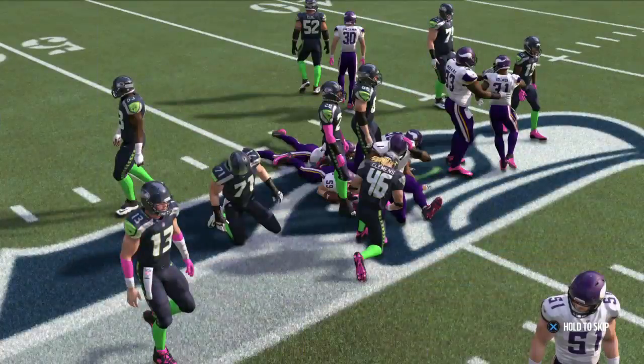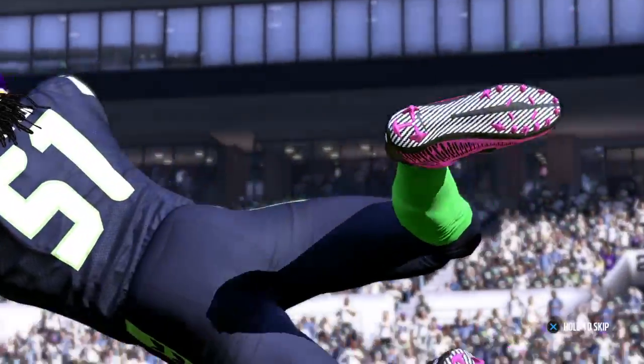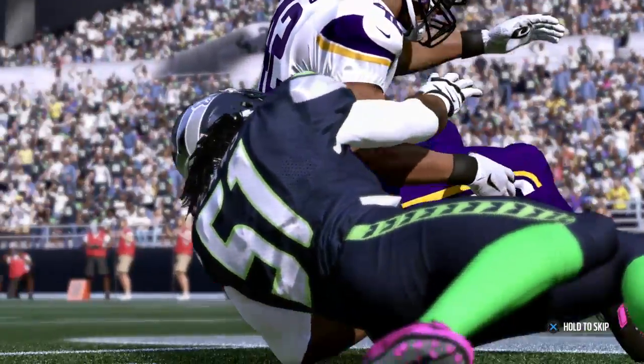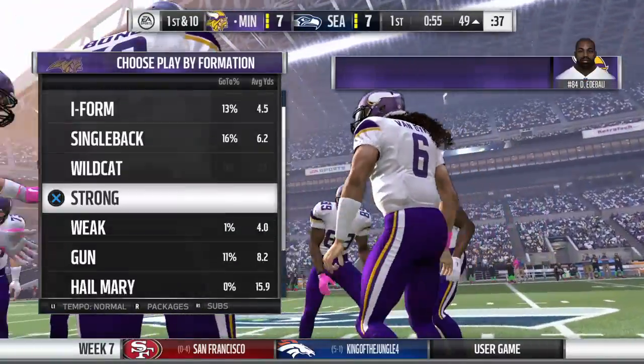Opportunistic by the defense. And the Seahawks defense working their way back out onto the field. And as we're going to see right here, they have been laying some pretty electrifying hits in this one. And these are for...